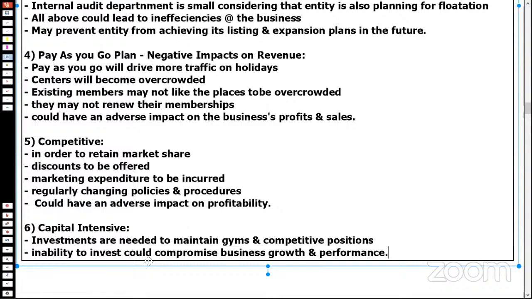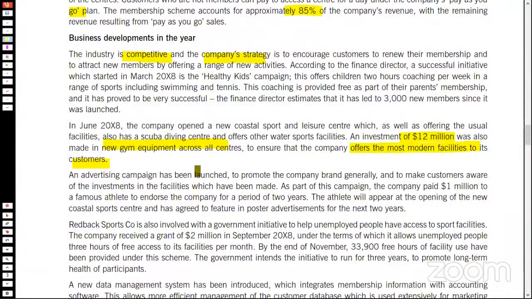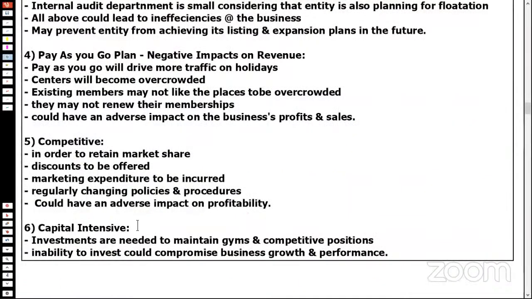Okay, now the next thing is it says an advertising campaign has been launched to promote the company's brand generally and to make customers aware of the investment in the facility which has been made. As part of the campaign, the company paid 1 million to a famous athlete to endorse the company for a period of 2 years. The athlete will appear at the opening of the new coastal sports centers and has agreed to feature in the poster advertisements. So what ultimately happens is that you have to invest heavily in the capital intensive